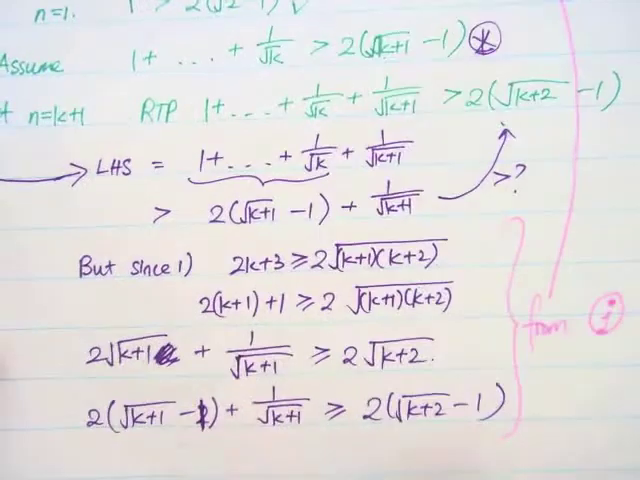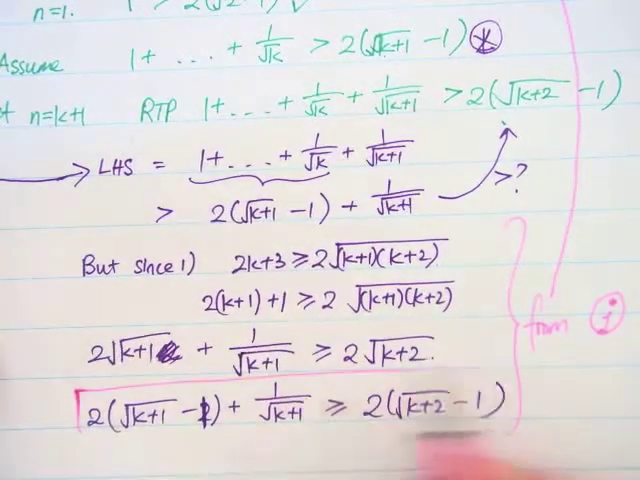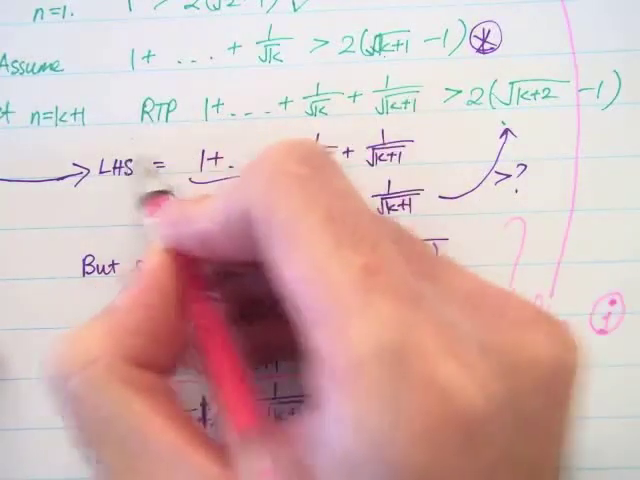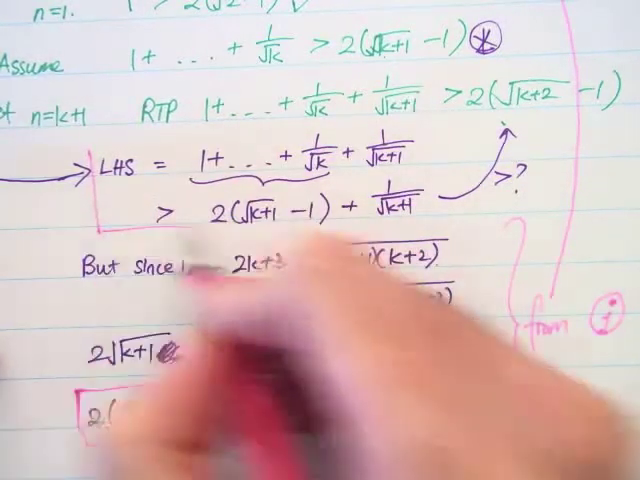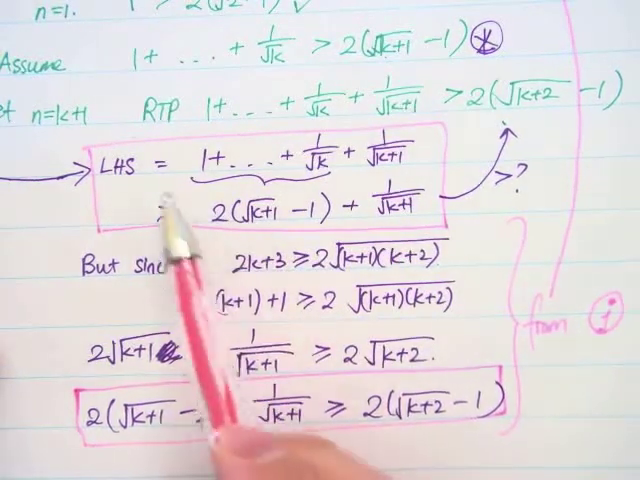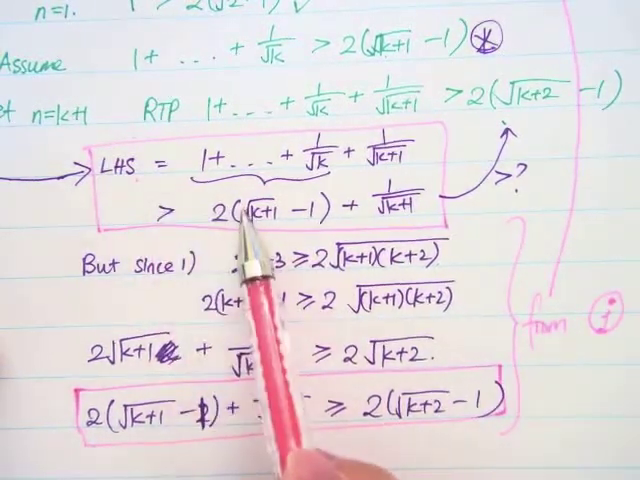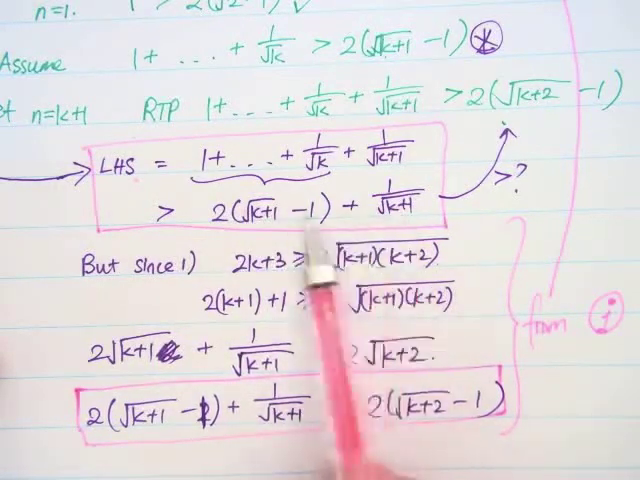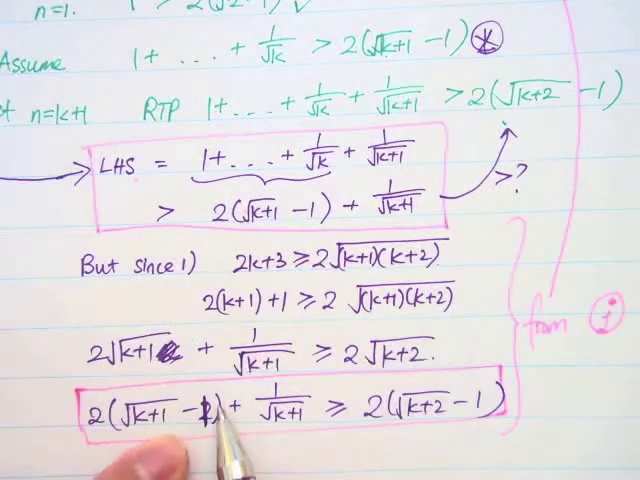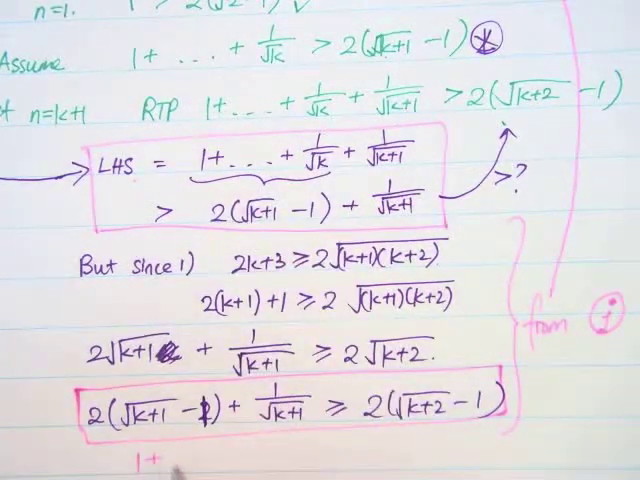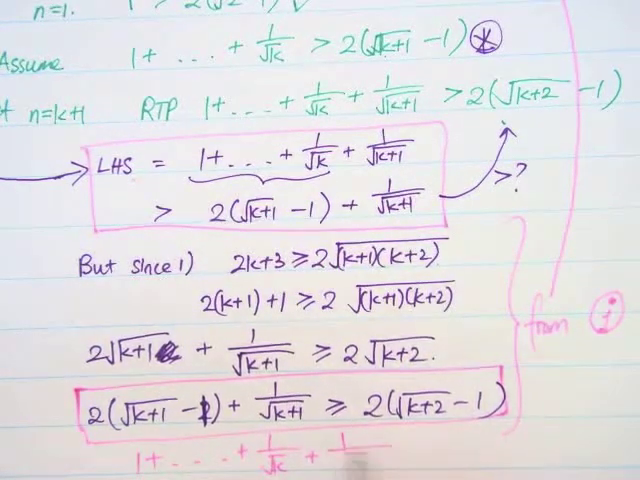But this final line, combined with this bit of working out, creates another descending order. It creates the fact that the left-hand side, according to our assumption, is greater than this, which is the same as this, which is greater than that. So the left-hand side, which means 1 plus everything up to 1 on root k plus 1 on root k plus 1,